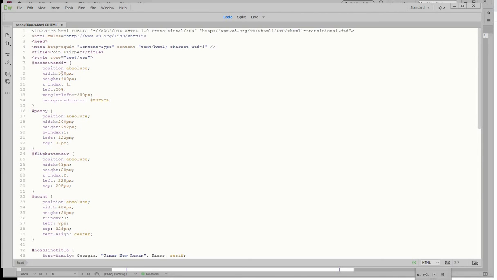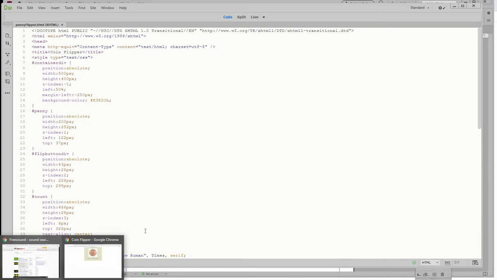Okay, so you've got a few divs up here for the penny, and a button, and then the counter div, the div that holds the count for that penny flipping, and this is what it looks like right here. If I click this, this will flip the penny. If it stays on heads, then it's not going to look like it flips, but it is going to count as a flip. You can see if I refresh this, I'm starting out with 0 total flips, and it stayed on. That's a heads. That means I had 1 flip,